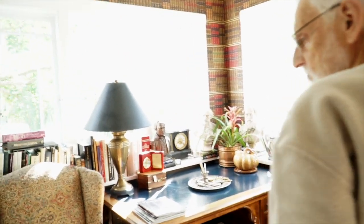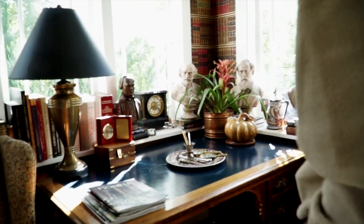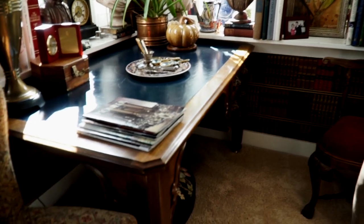So you got a lot of statues. This is Brigham Young's desk. Oh, tell me about that. How'd you come by that? It was in his office in ZCMI,